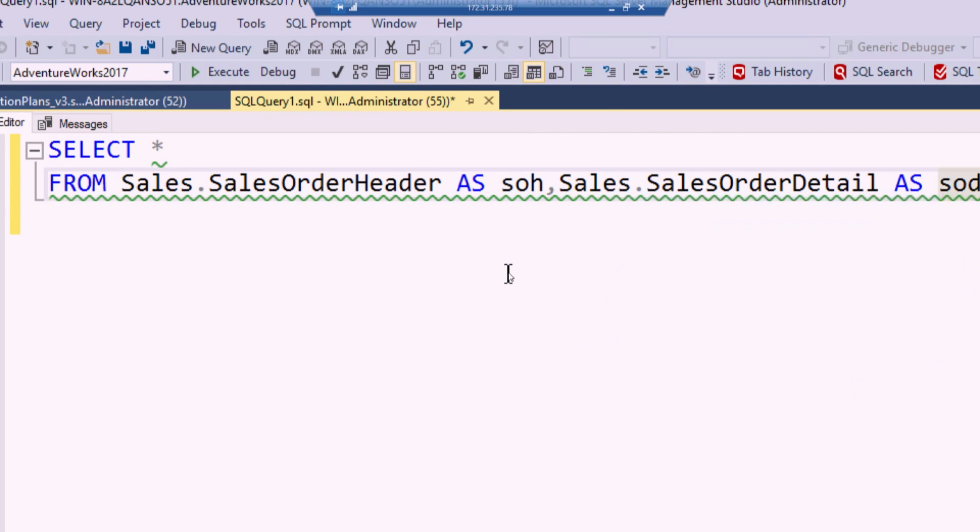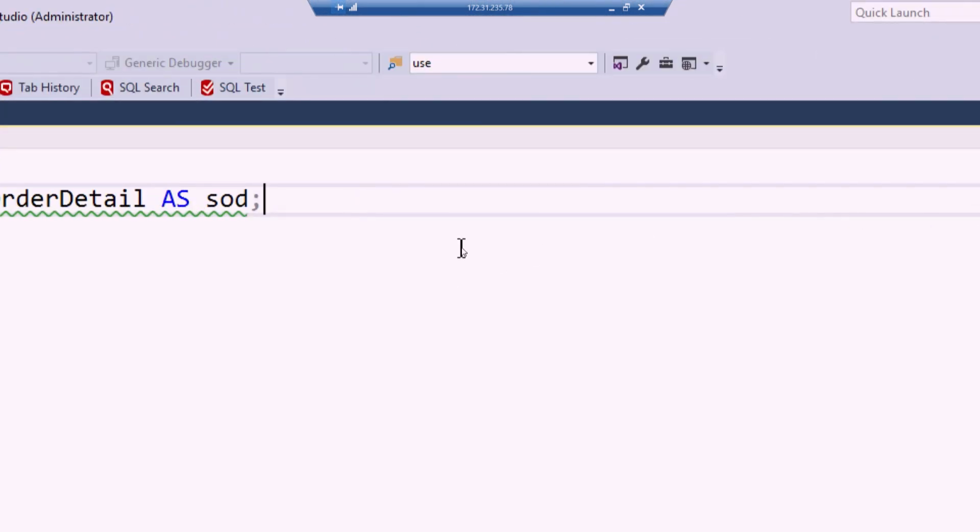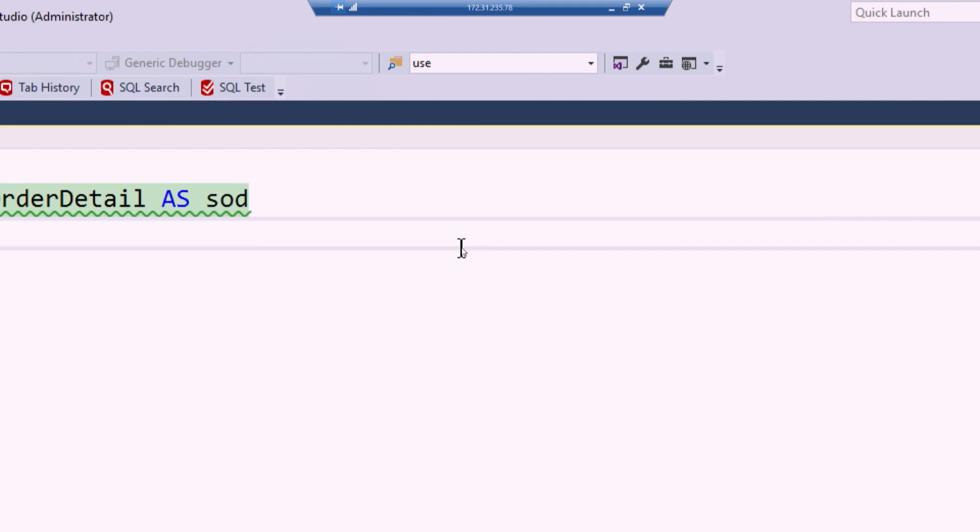So you'll notice as I'm typing, it's putting those things in for me. It's putting in the aliases for me. That's an option inside of SQL Prompt. I'm not going to go show you that right now. Go check it out. You can control how it behaves. But you'll notice every time I type sales order header, it's going to be SOH. Every time I type sales order detail, it will be SOD. It's using a standard method to pull that stuff together, and you can apply that to yours to ensure that you've got a common way to go about it. But what I'm doing is a little weird here, because this is an old style join, right?